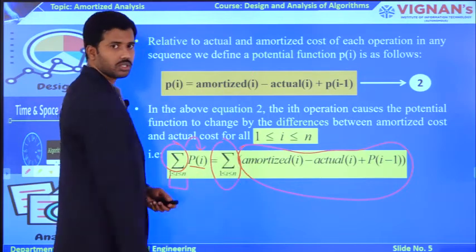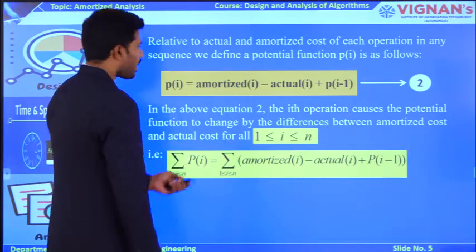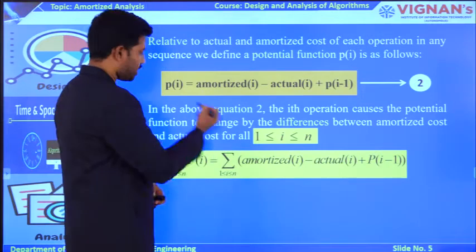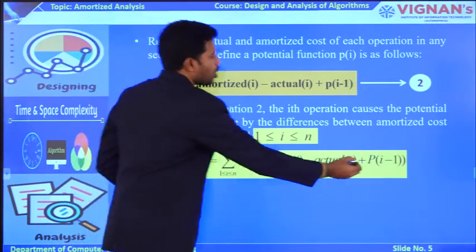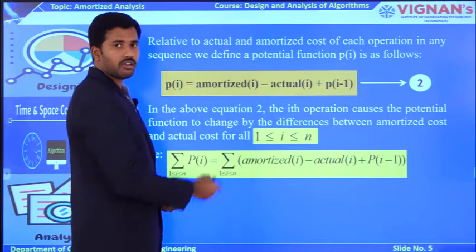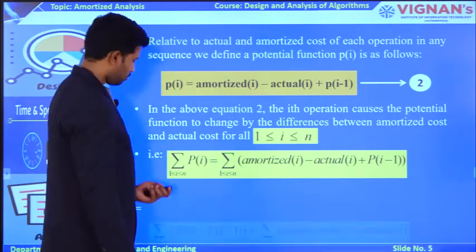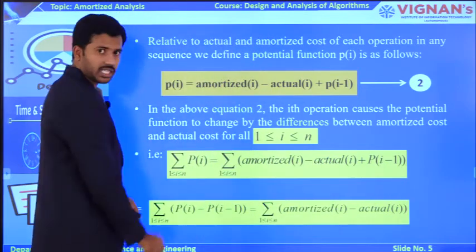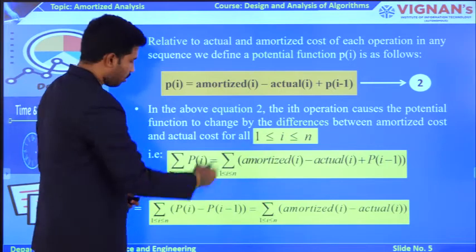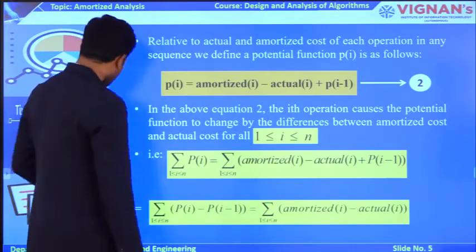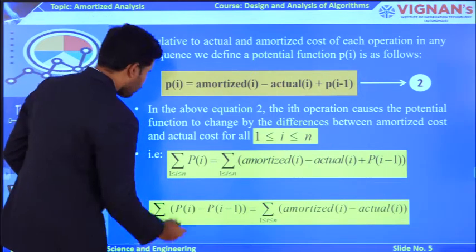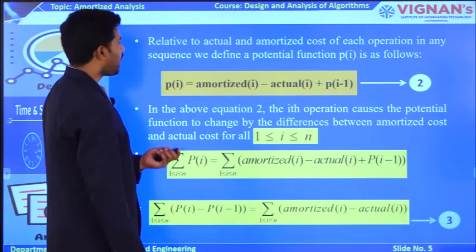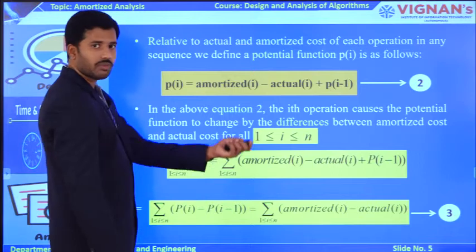Now try to expand this equation. How to expand it? Move this RHS part, P of I minus 1, to LHS, so that this positive value of P of I minus 1 is converted to a negative value, like this. Likewise I am moving the RHS part of P of I minus 1 to LHS, so that the positive value at RHS is converted to a negative value. Now my task is to find the value for this LHS part. How to find it? So this is my master equation number 3.